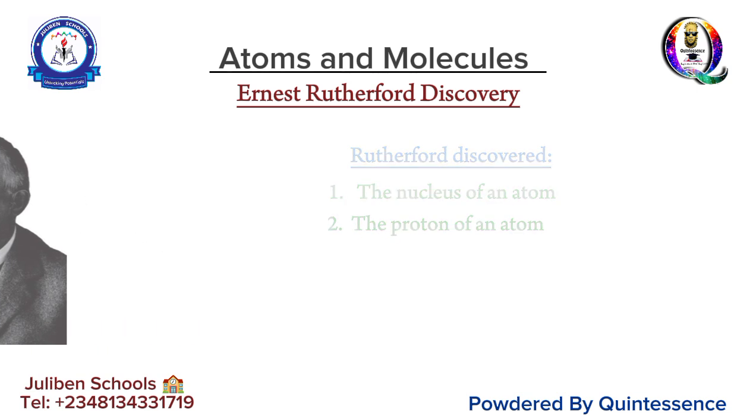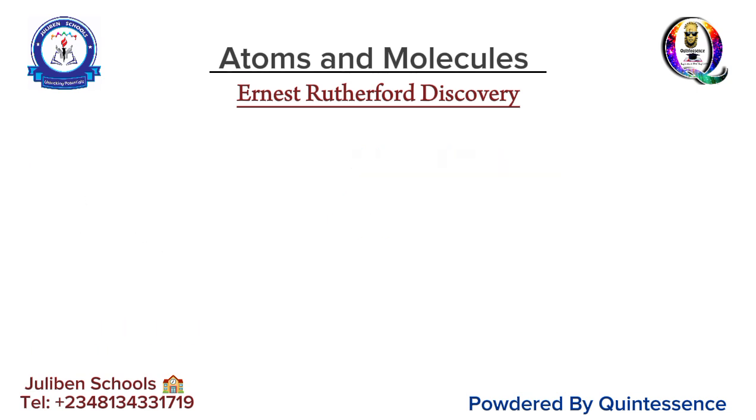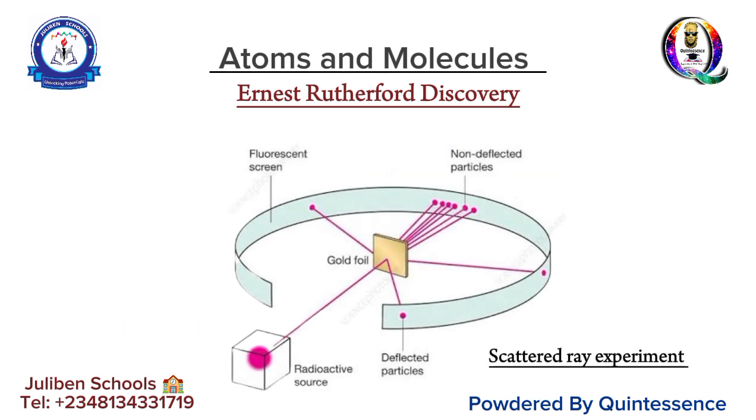Now, the nucleus of an atom was actually discovered from Rutherford's scattering experiment. I will explain what the scattering experiment is all about. According to Rutherford, he carried out an experiment on radioactive substances. He didn't make use of cathode rays, which were trending in his time. He decided to go into radioactive substances and carried out an experiment using gold foil and other methods, and